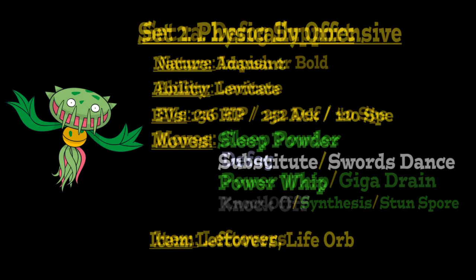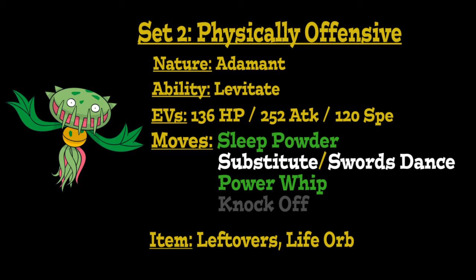Carnivine. As for this next moveset, we're going to be running Carnivine physically offensive. So we're going to start this one off by giving it an Adamant Nature to increase its physical attack but lower its special attack, and running an EV spread of 136 HP EVs,